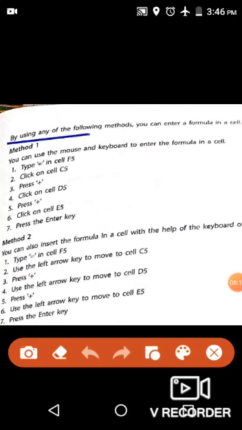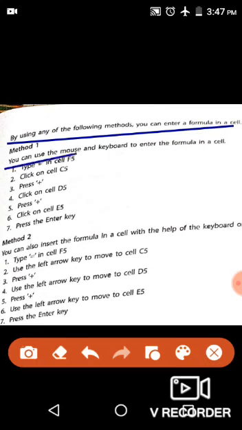By using any of the following methods, you can enter a formula in a cell. Now, let's discuss the first method. You can use the mouse and keyboard to enter the formula in a cell. First step is to type the equal to sign in cell F5. Students, do it with me.